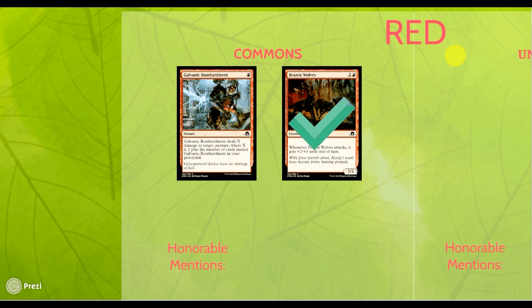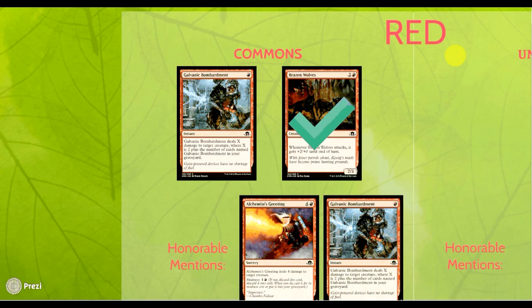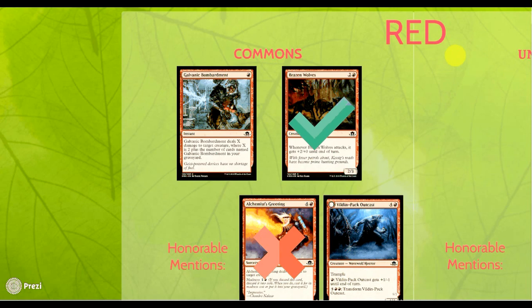Brazen Wolves, in my opinion, is just super busted for a common, dealing tons of damage if your opponent can't deal with it right away. With that being said, I had originally picked Alchemist Greetings and the Bombardment as the cards I considered next in line. Obviously, I've moved Galvanic Bombardment up, but I've replaced it with Vildenpack Outcast, just kind of thinking that the Bombardment usually is a little bit better earlier in the game and does a little bit more efficiently than the